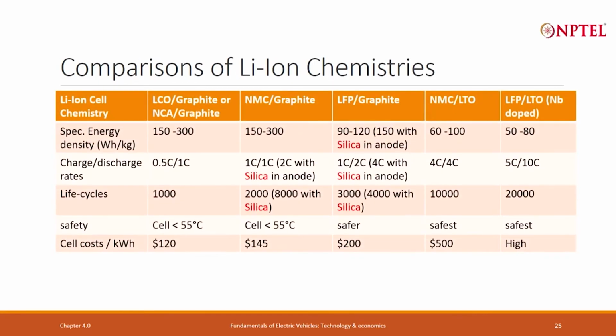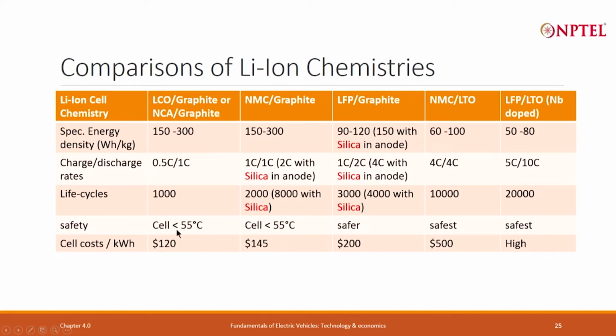Now, comparison. If I look at NMC, you can go 300 watt hour per kg, NCA also 300 watt hour per kg, whereas LFP is 120 to 150, with others at 60 to 100 and 50 to 80. This is what determines everything. This also brings down the cost. You can charge and discharge at 0.5 C, 1 C. This one you can charge and discharge a little faster, at 2 C, but again, what is the use? You are limited by the